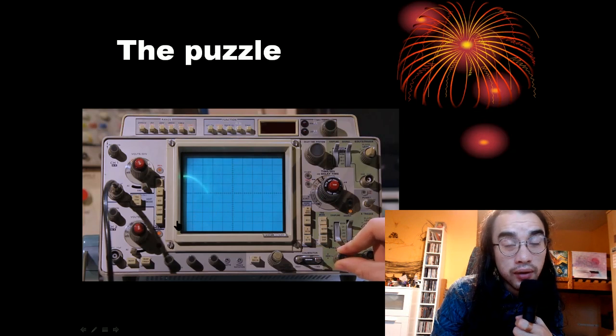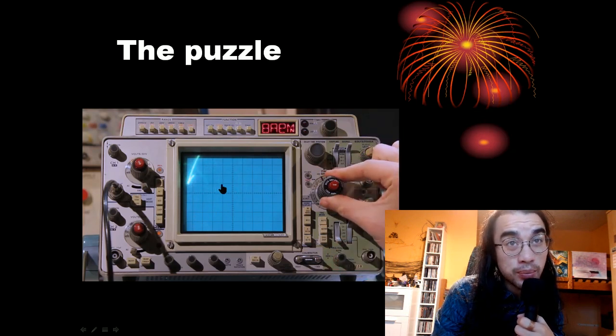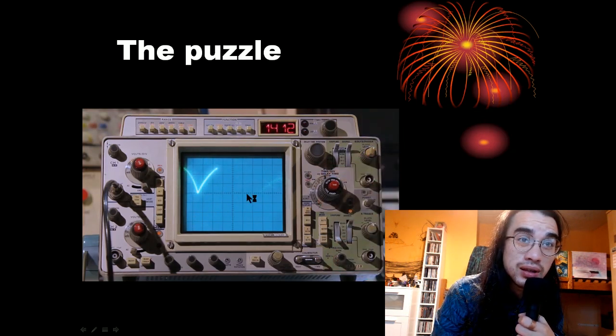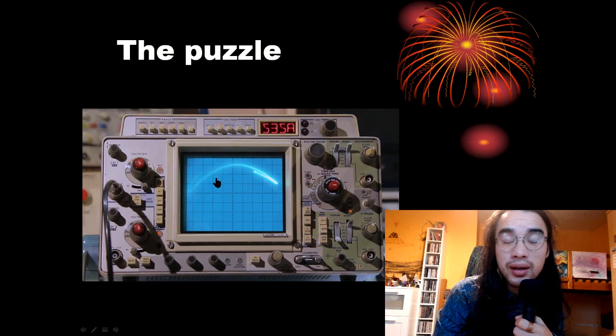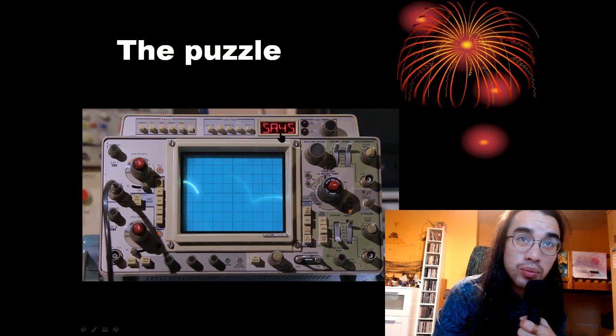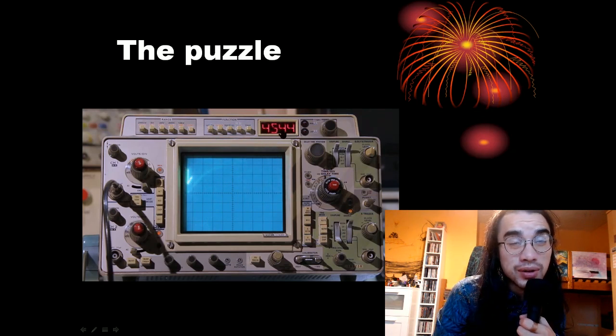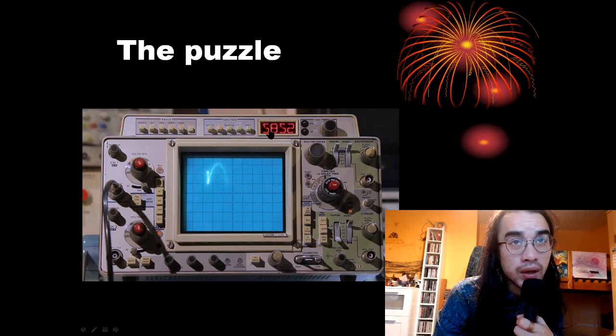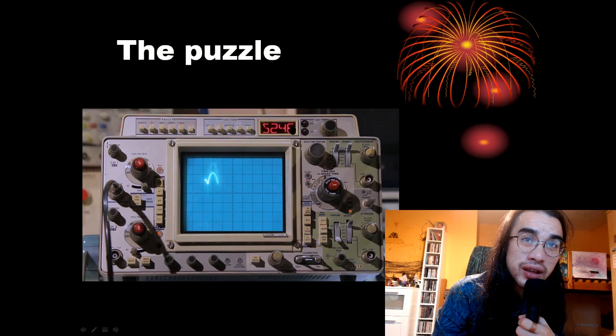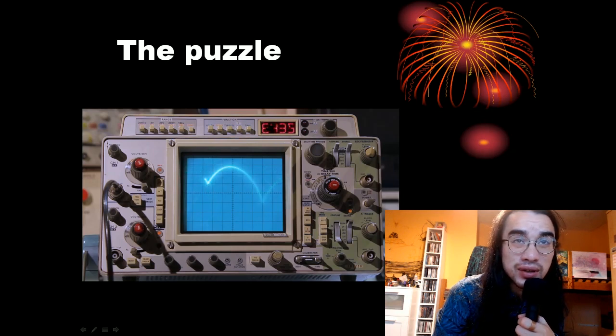So, if you remember, this was the puzzle. You can see there was a bouncing line, like so, on an oscilloscope. Ba-dum, dum, dum, dum, dum. Very fun. Whilst in the top right corner, a sequence of digits moves past a small display. Now we're going to focus on this display first, and this sequence of digits.